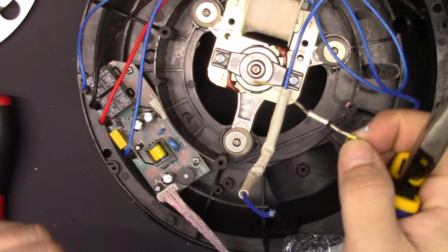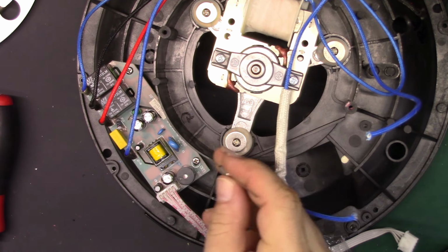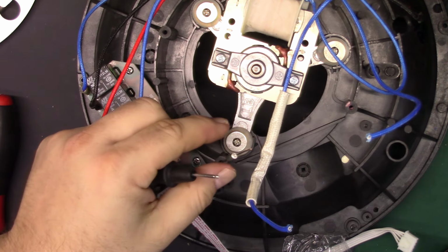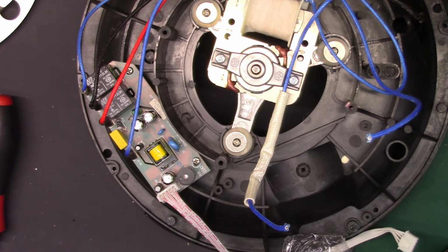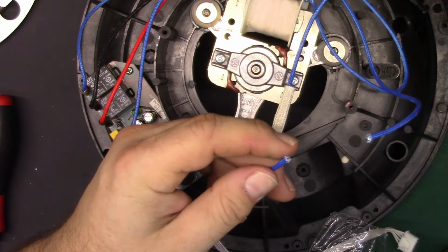and we did check this for continuity and it was open. So before we put the new one in, this feller, let's check this one for continuity. Yep, good. And let's see, one side, good, and this one's alright. I mean, it's brand new, it should be, but you never know. So then we will